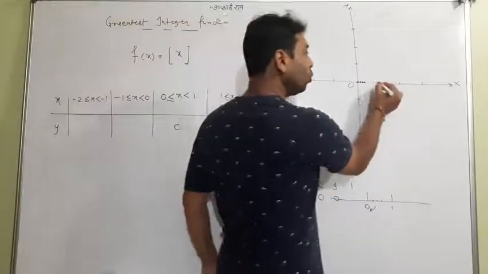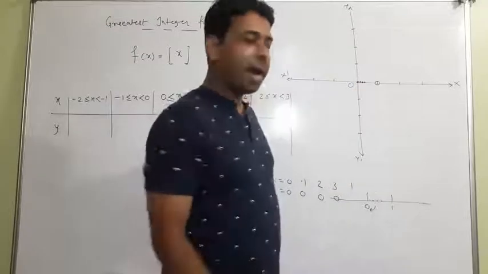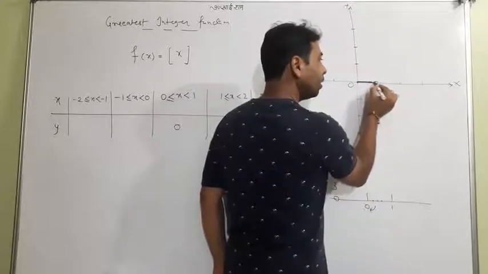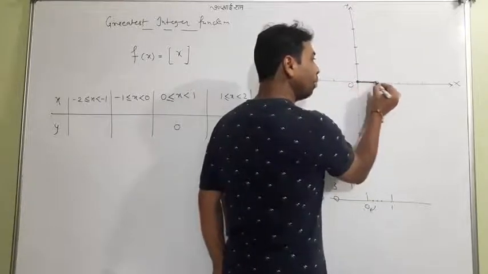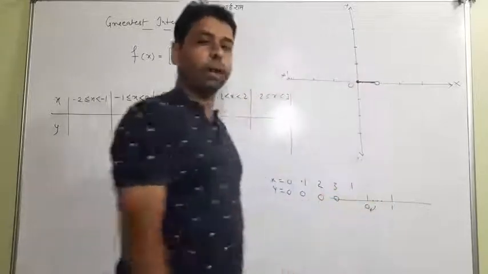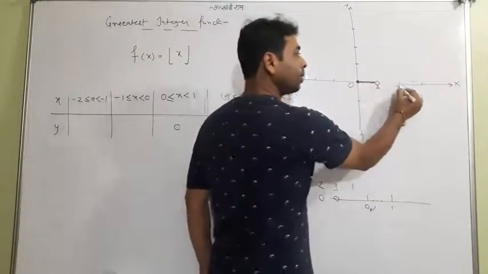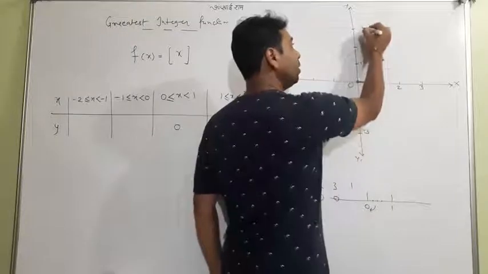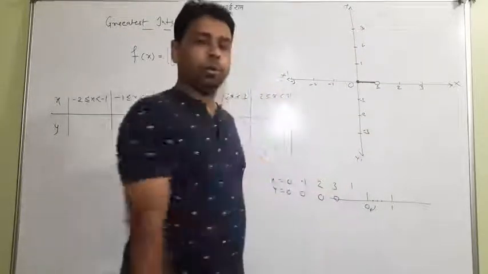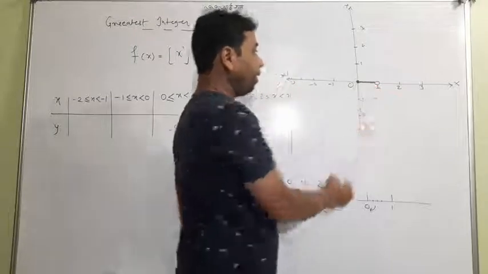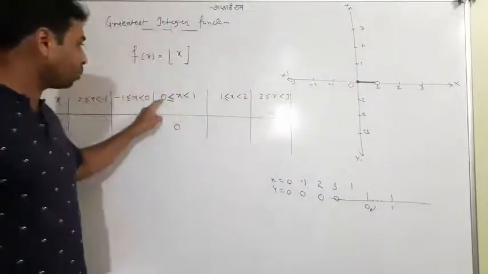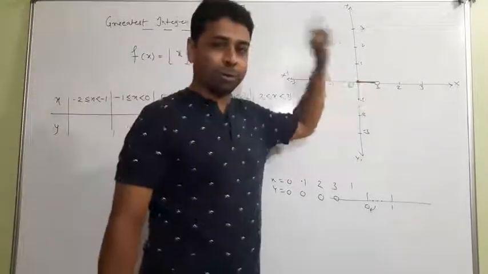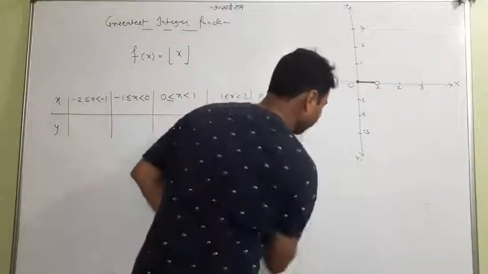So at place 1, you put an open bubble and make a line. You will see that when I put all the points, you will get this line. This is an excluded point, this is an included point. Why am I excluding that point? This is 1, 2, 3 and minus 1, minus 2, minus 3. Look, it is an included point at x equal to 0, y equal to 0. But x equal to 1 you cannot put, so that point will be excluded. If you don't understand, okay, let me go further.